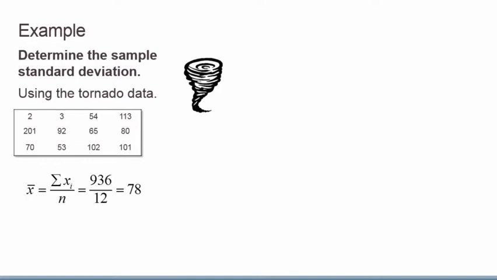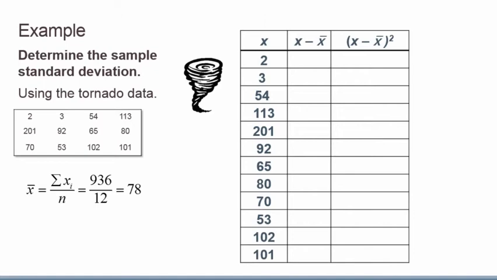Next, we want to use the table to find the sample standard deviation. So for the table, we want to list all of our data points x. Second, we're going to find each data point minus our mean. Then we take each of our data points and square them. So what we're going to do, instead of computing all of that by hand, we're going to use our TI-84 calculator to assist us in this math. So going to our calculator,